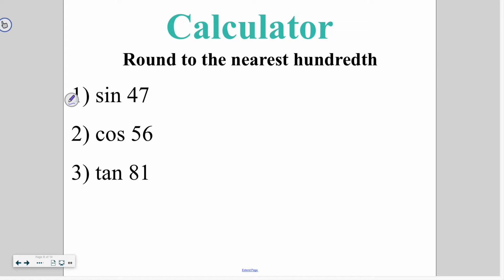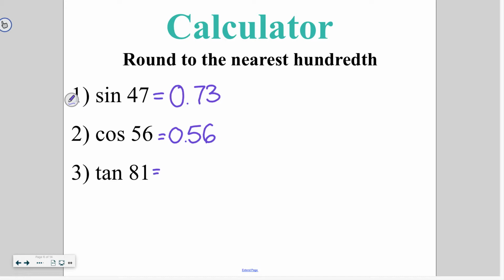When you hit the sine button, you're going to get sine with a parenthesis. In this case, you're going to type in 47, close the parentheses, and hit enter. That is going to give you the decimal version of that fraction. So the sine of an angle that is 47 degrees is 0.73. Then with cosine, you're going to hit the cosine button, type in 56, close the parentheses, and that's going to give you